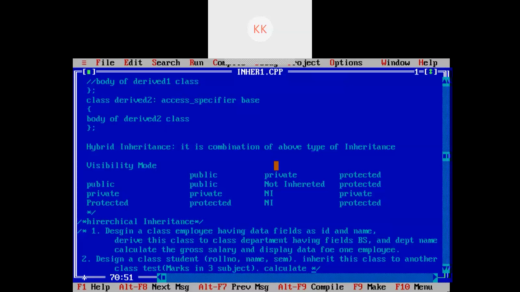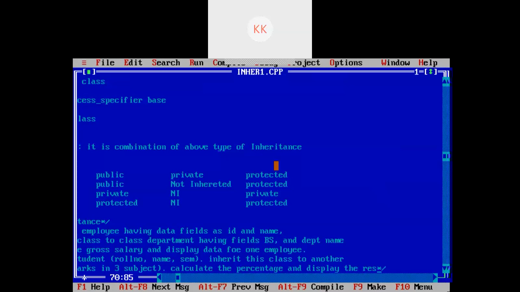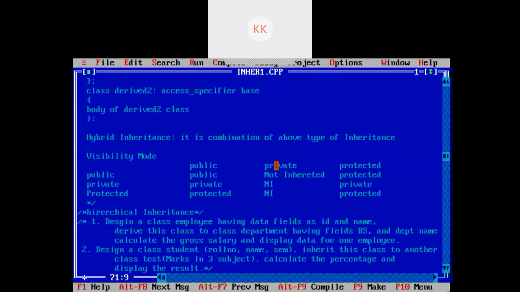Calculate the percentage and display the result. For 10 students, and we will write here for 3 students. Okay, so these two assignments you need to perform.